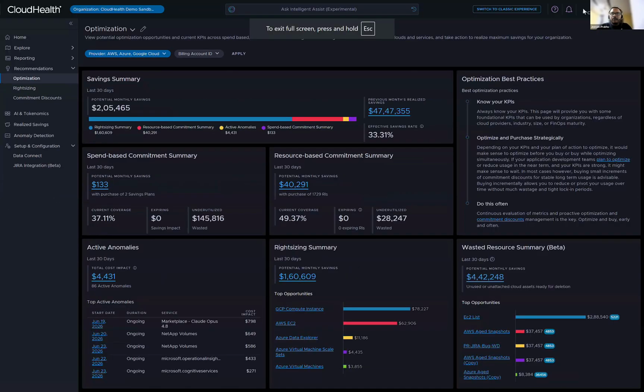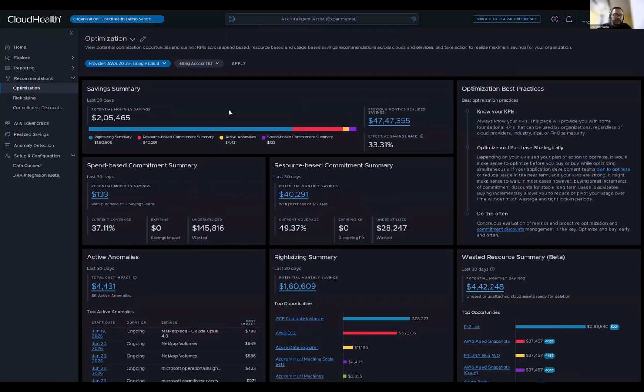Yeah, so this is where a practitioner would start, right? If you look at the pain points, we started with fragmentation, and this is what we are trying to address here. See, all possible areas of recommendations are available to you here, in one place. And the most important aspect is prioritization. You can look at these, and if you would like to prioritize based on the urgency, the need to quickly resolve, maybe you should look at anomalies and what's the cost impact of that. Because if this anomaly goes on, you will keep losing whatever cost impact we have quantified.